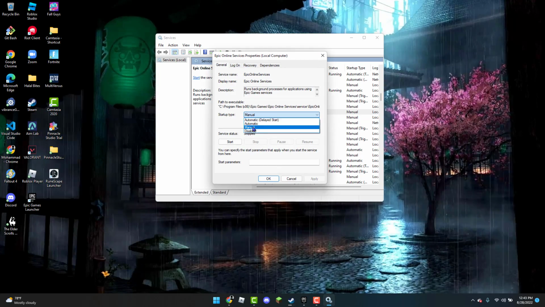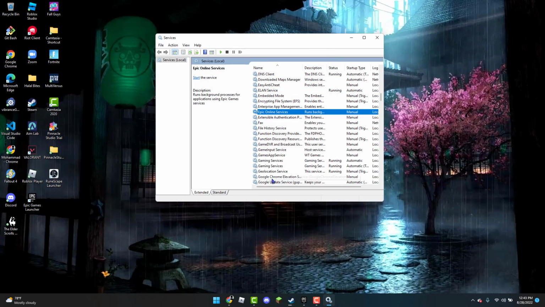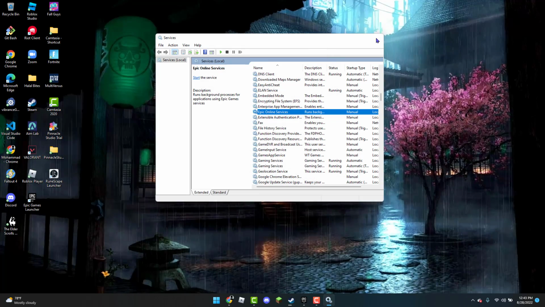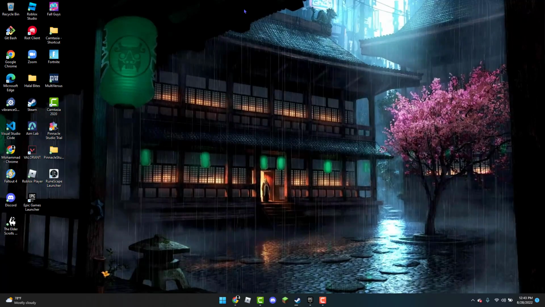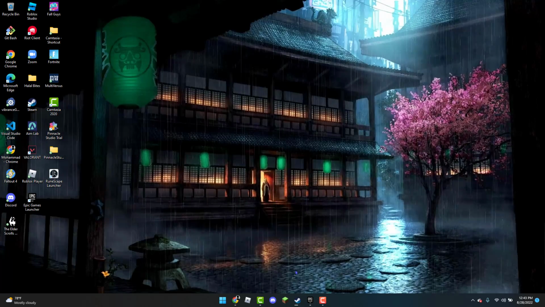You are going to change the startup type to manual if you don't already have it, and click on apply and then OK. Now you can X out of the services tab and go back to see if Fall Guys is now working. However, if Fall Guys is still not working, the next method you can do is